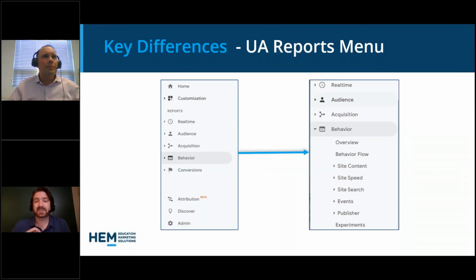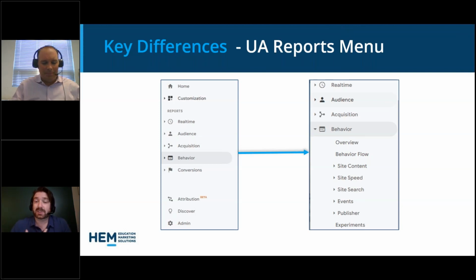Before I get to some of the specifics though, this is maybe a heads up for people that are a bit more familiar with UA, the older version of Google. As I mentioned before, a lot of it has changed. So for instance, this is just some snapshots of the earlier version of Google's menus. Notably, there's a lot of menu options, a lot of drop downs. When you open one option, then there are more drop downs below that.